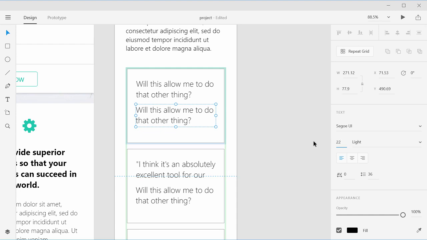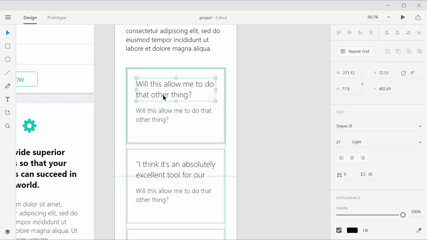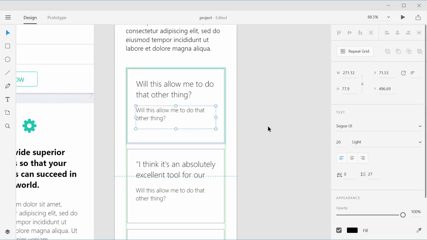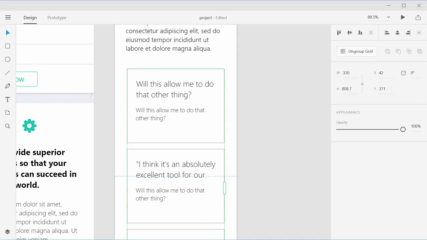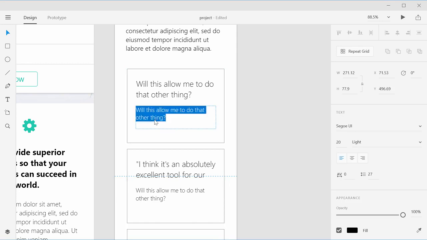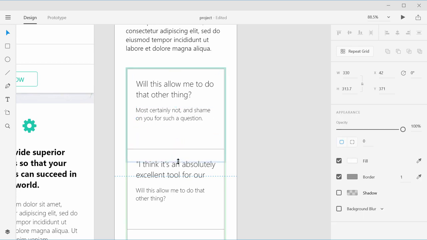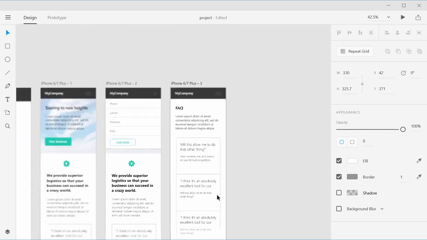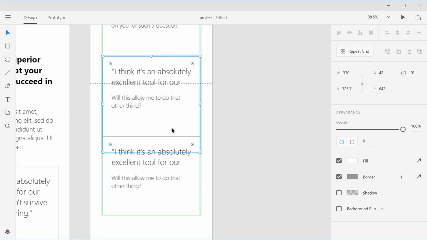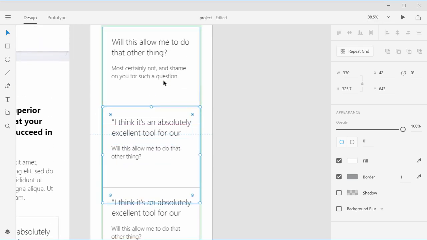And the size, something like 22. I may go a little smaller than that. Maybe like 20. And for that text, I'm going to copy this again. All right, paste that in. We're going to extend this. Notice how these aren't updating down here,